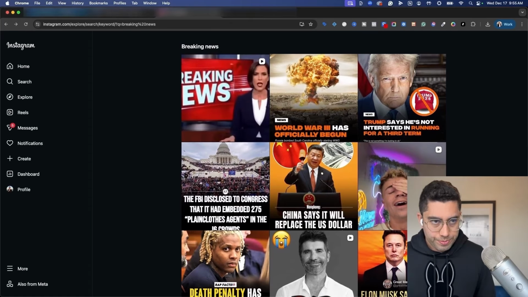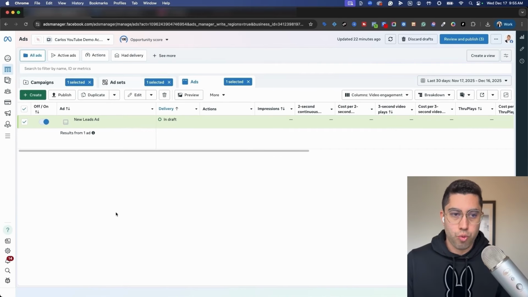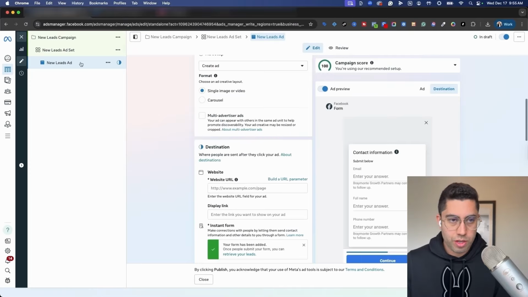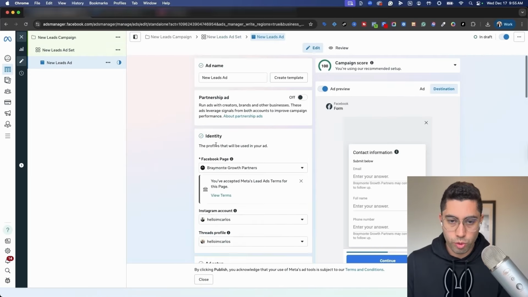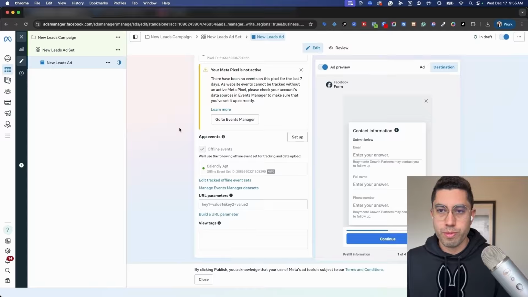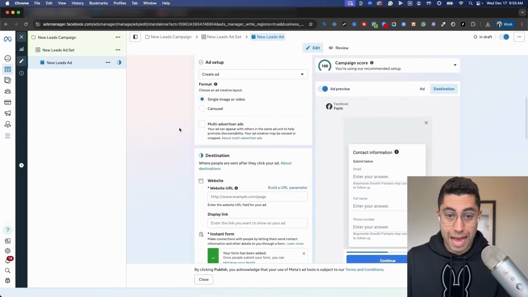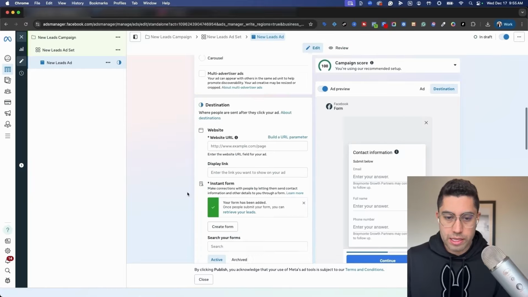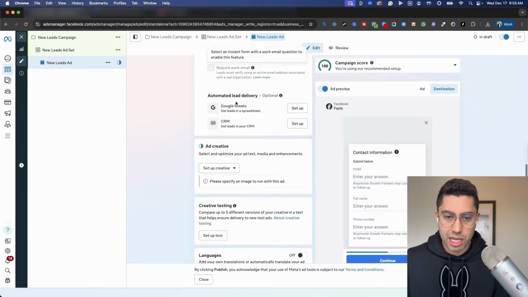Cool. So let's talk about how to actually run this as a campaign. So I got my ad account queued up here. So I'm going to go ahead and publish a lead generation campaign here. And we're actually going to run this as a lead form and web form ad. And there's a couple different things that you want to do here. So when you go to create this, you want to upload this in a couple different formats.